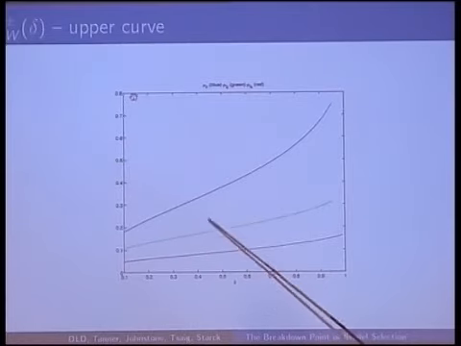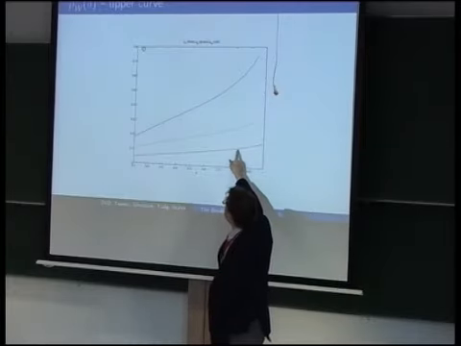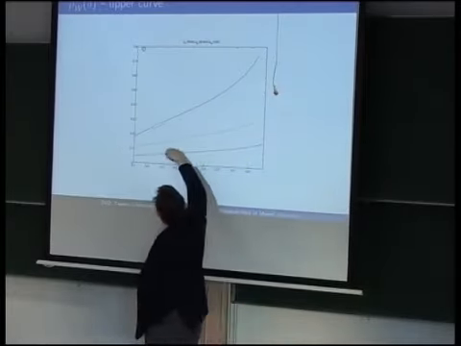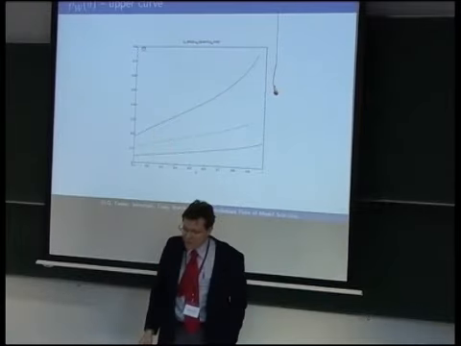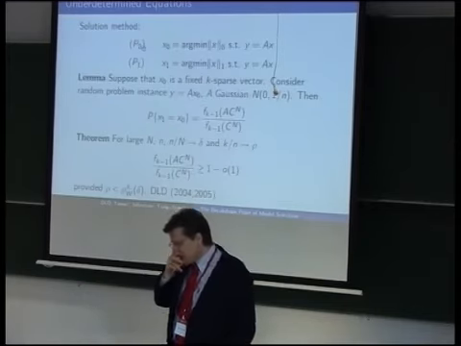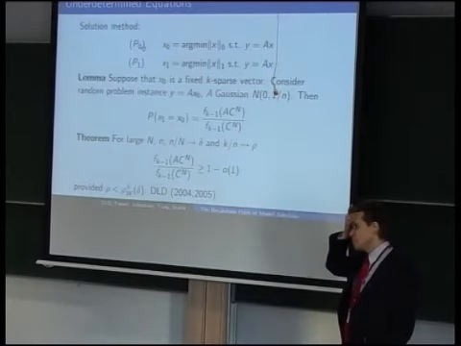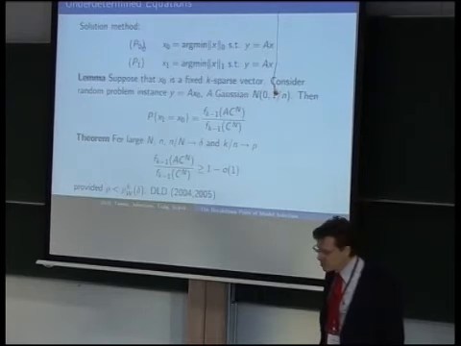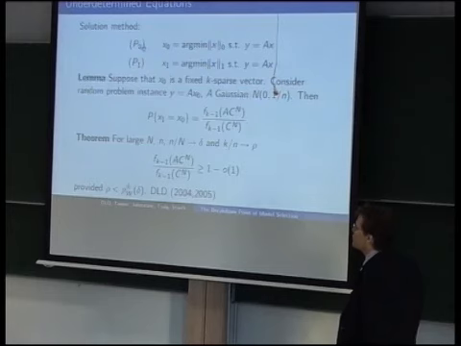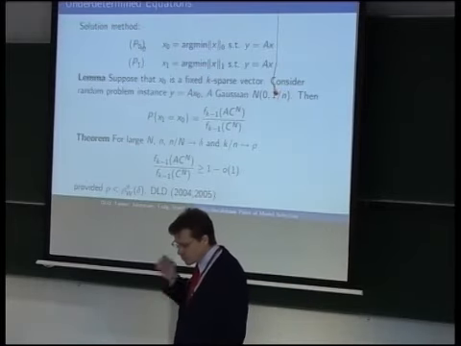These other curves are for related phase transitions of properties I don't have time to talk about. But for example, this one is no faces at all are lost. This one is a negligible fraction of faces are lost. Okay, so that's some geometric phenomenon that just happens. You randomly project a certain standard kind of polytope. You lose faces of certain dimensions under certain conditions. You don't lose them under other conditions.